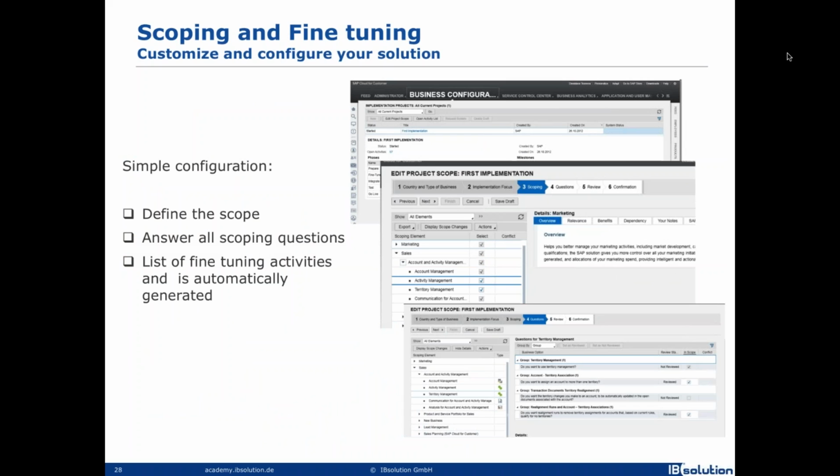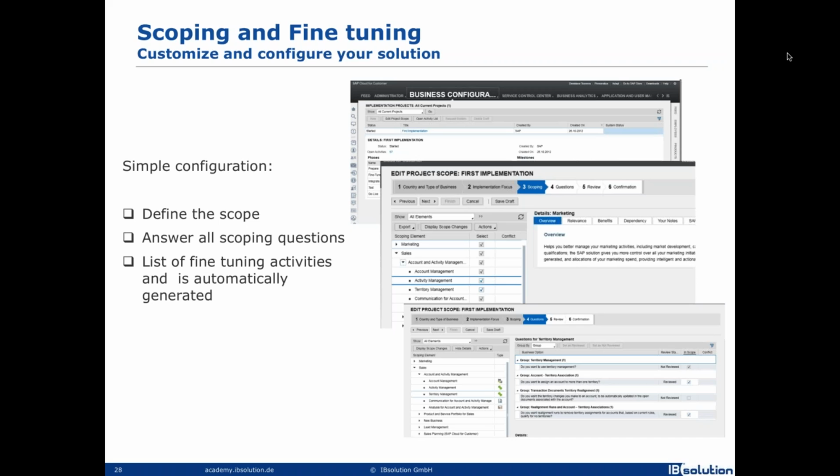Okay, we have mentioned that Cloud for Customer has powerful functionalities in the sales, service, and social engagement areas. We also mentioned that Cloud for Customer has lots of pre-configured integration scenarios with the different SAP on-premise systems. But how is the configuration of Cloud for Customer done? So here we no longer have the SPRO transaction from the old world, where you get all the activities and you have to know what exactly you want to configure in order to configure it. The approach here is slightly different.